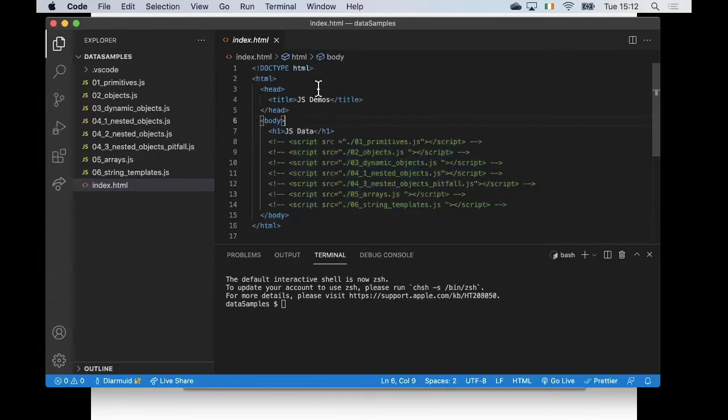Now, having opened up index.html, down at the very bottom right here, there is a link called Go Live. This link was put there by this Live Server VS Code plugin that I was just talking about. When you click Go Live, what you are essentially doing is starting the Live Server HTTP server, and it will serve whatever HTML page you're currently looking at within your IDE, within your VS Code. So if I just click that,